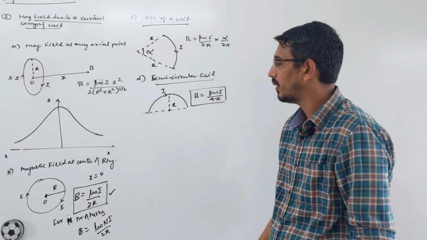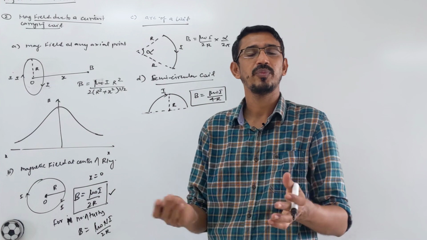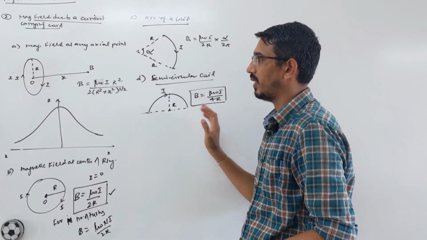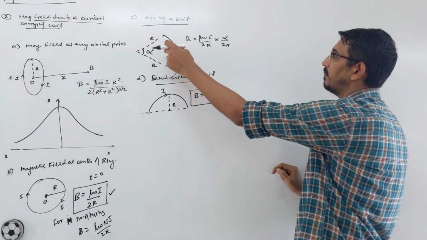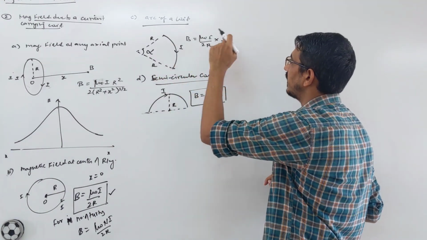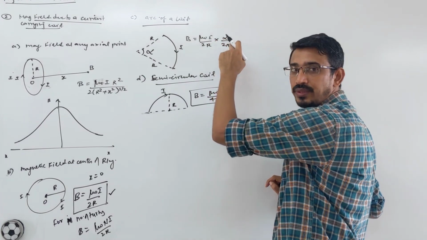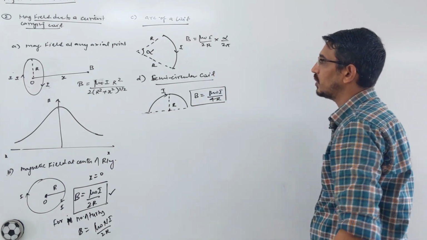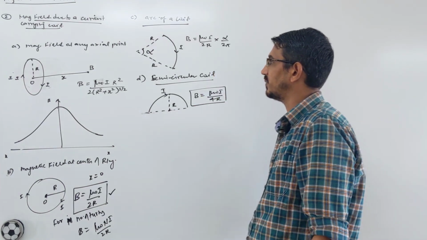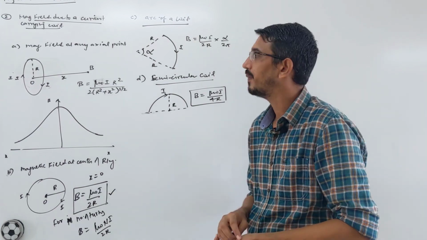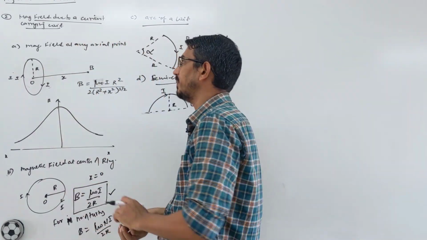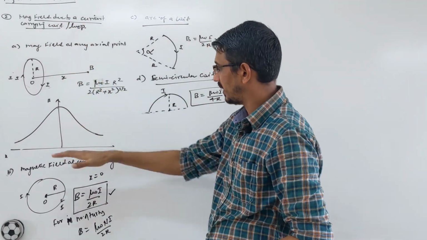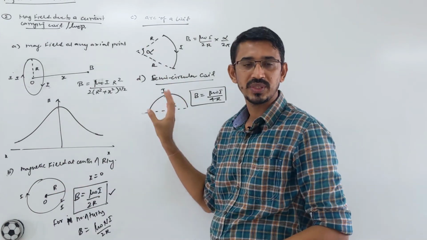Like with a wire, you have also done this. The general formula for a wire is mu naught I upon 2 pi r. Then if I ask you for the end of the wire, it becomes half. Exactly the same here, your half ring becomes half. Correct. For any angle, any sector, any arc, you just write alpha by 2 pi, with alpha in radian. If you write alpha in degrees, then you write 360 here. That's all. So these are the magnetic fields due to a ring, or coil, the proper word is coil or loop, at an axial point, at the center, or due to any arc or sector of that ring.